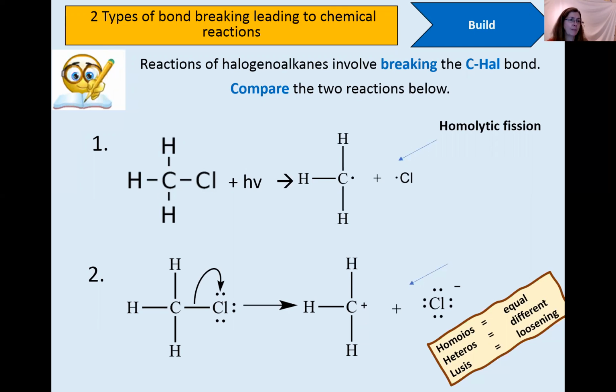So another way to break the bond is that one of the atoms takes both electrons. So as you can see here, chlorine has taken both electrons. It satisfies that it's got a full outer shell, but it does mean that carbon has lost its electron. If the electron it was sharing has gone, it's gone to chlorine. So it is now positively charged, or it has a formal positive charge because it's lost its electron. And because chlorine has gained that electron,